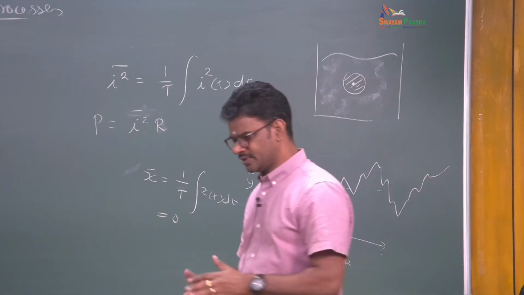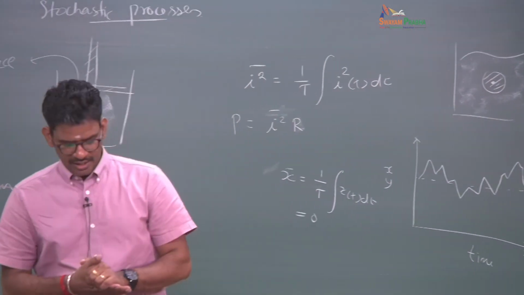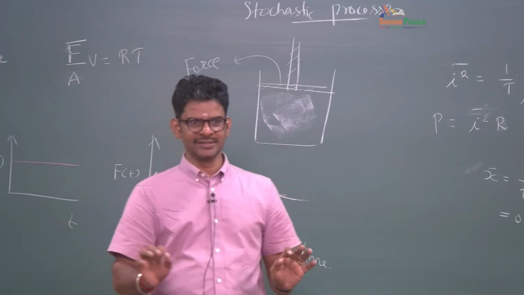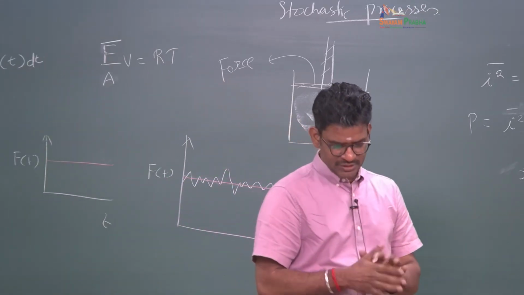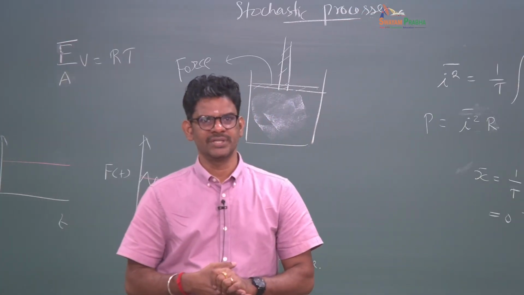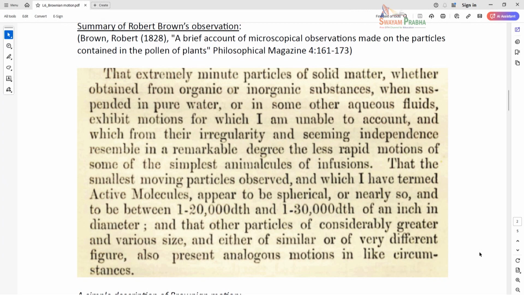It's a very long paper, 30-40 pages. He just goes on and on about the things he has observed and nicely notes them. Okay, so a very interesting paper. So this was the beginning of Brownian motion and interest, and later on, even though this happened in 1828, the theoretical development actually happened during Einstein's times. So I can point out 3 important developments in order to explain this irregular motion.